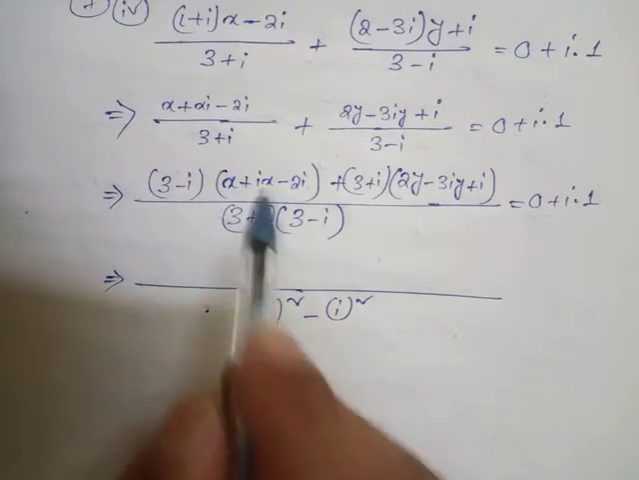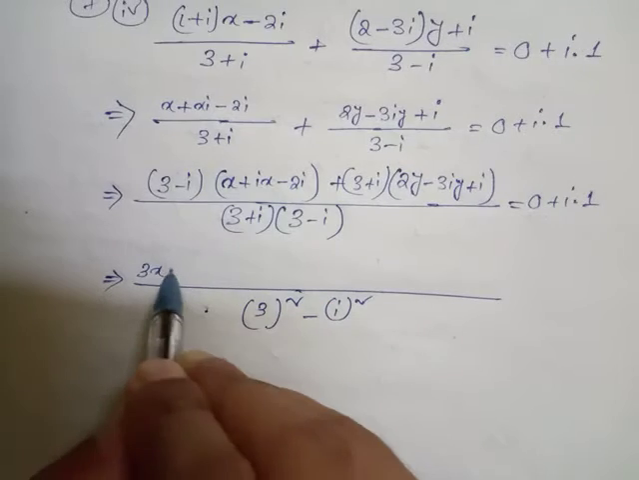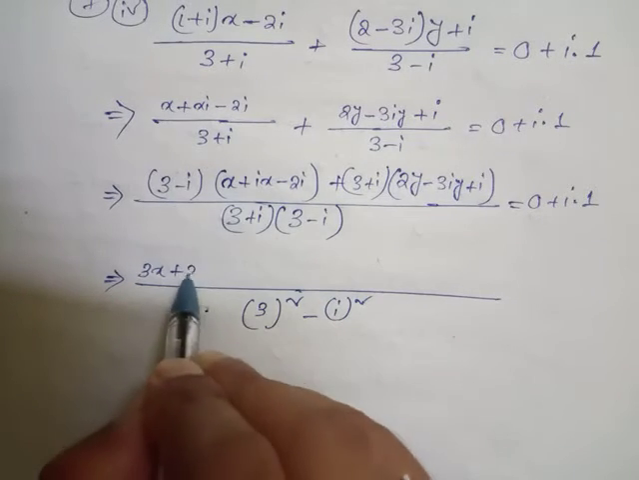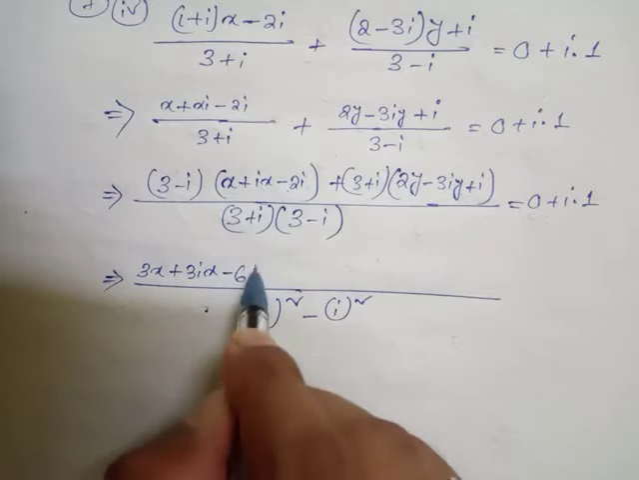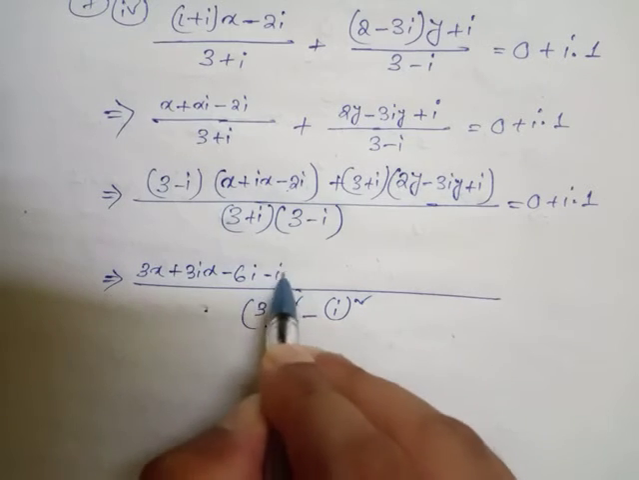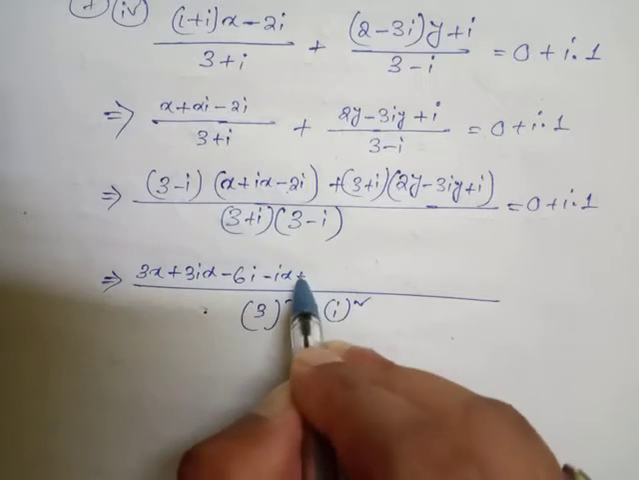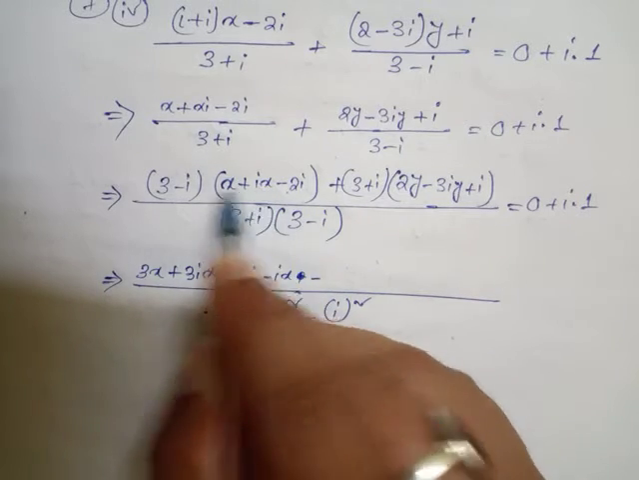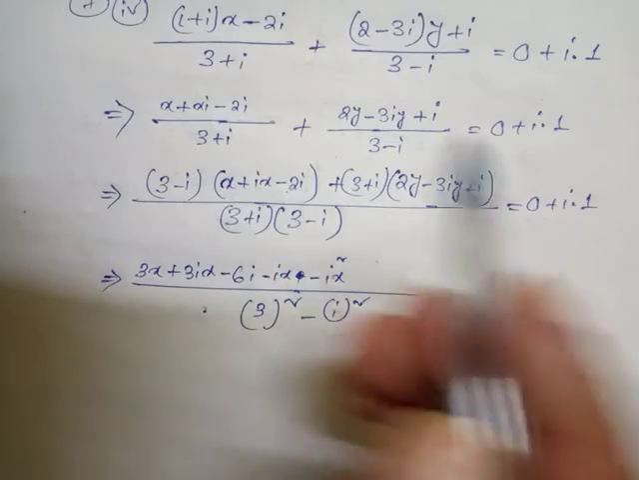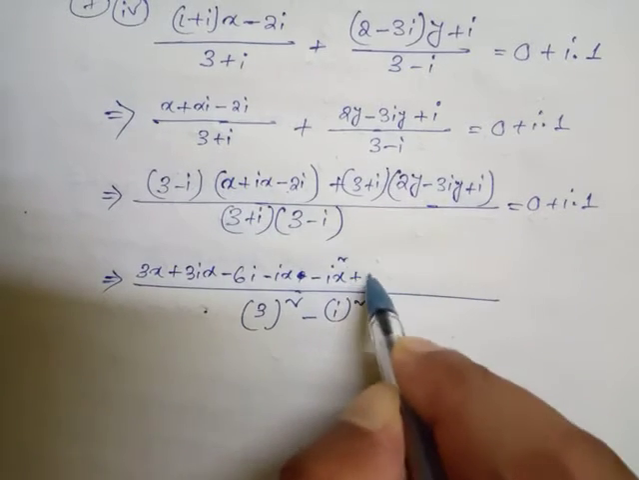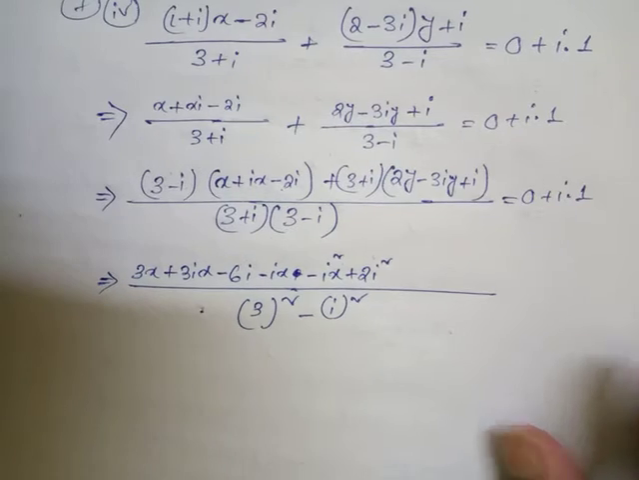Now go for the multiplication here. So 3 into x is 3x plus 3ix minus 6i. There is minus ix plus minus minus i into i, which means i square x, minus minus plus 2 i square. Now look, after that student, here